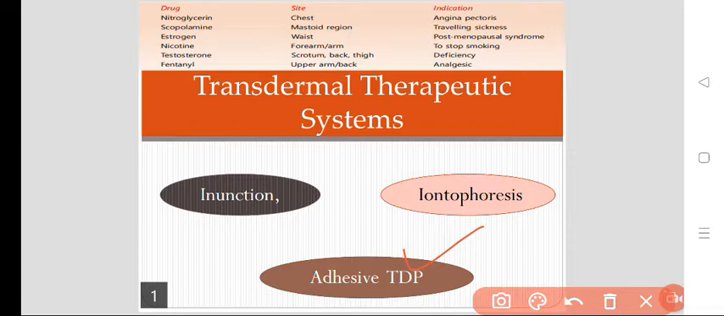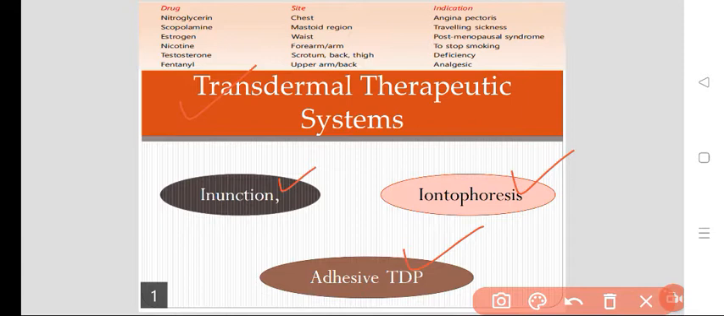But apart from transdermal patches, there are other transdermal therapeutic systems like iontophoresis or simply inunction. So what is meant by these transdermal therapeutic systems like inunction, iontophoresis or adhesive transdermal patches? We call them the transdermal therapeutic system. The examples are already given in this slide, like